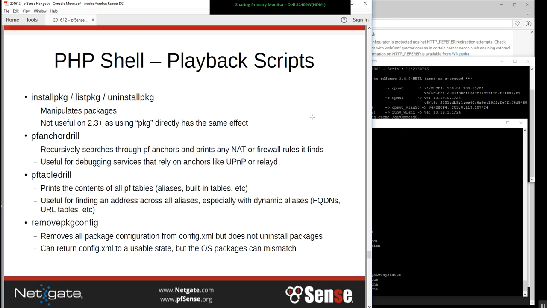PF anchor drill is a new one for 2.4 also. What it does is it recursively searches through PF anchors and prints any NAT or firewall rules it finds. It's useful for debugging services that rely on anchors like UPnP or RelayD. So if you had UPnP active and you ran that script, it would show you the NAT redirect and the firewall rule that were dynamically added by UPnP,